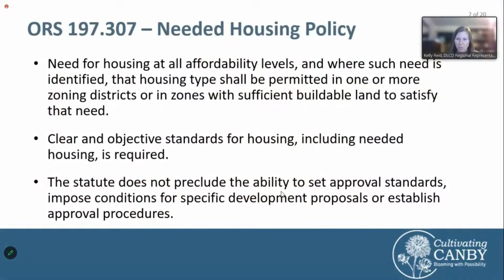Hi, everyone. Can you hear me? Yes. Great. I'm Kelly Reed, your regional representative with DLCD. That's the Department of Land Conservation and Development. Thanks so much for having me. I'm happy to be with you, even though it's over Zoom. Don asked me to speak briefly about the clear and objective statute,